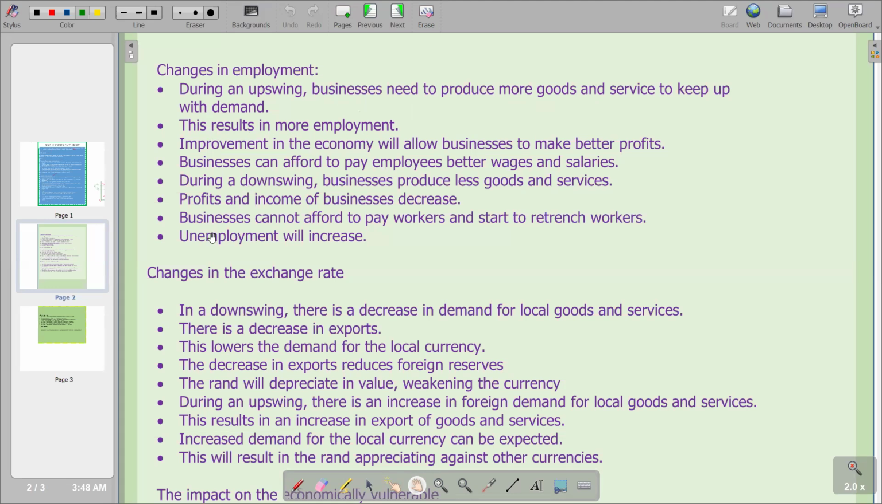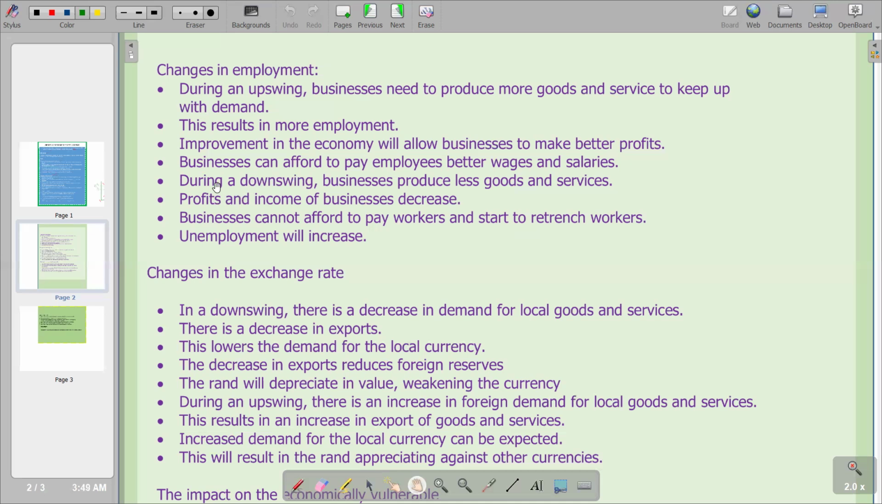So in an upswing, that's where we are going to have more workers being accommodated and employment to go up. Then the next point is saying improvement in the economy will allow businesses to make better profits. Then businesses can afford to pay employees better wages and salaries. And then during a downswing, businesses produce fewer goods and services. Profits and income of businesses decrease. So obviously, if the profits decrease, they are also going to accommodate fewer workers since they cannot afford